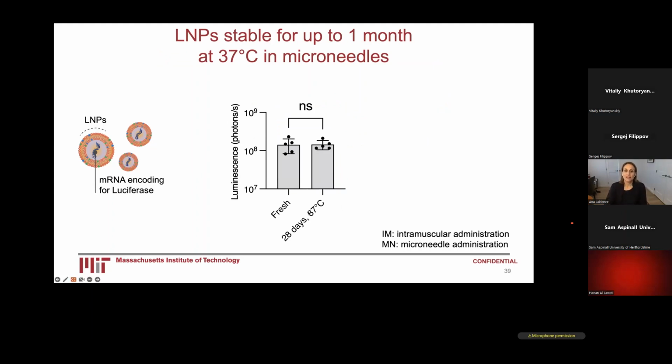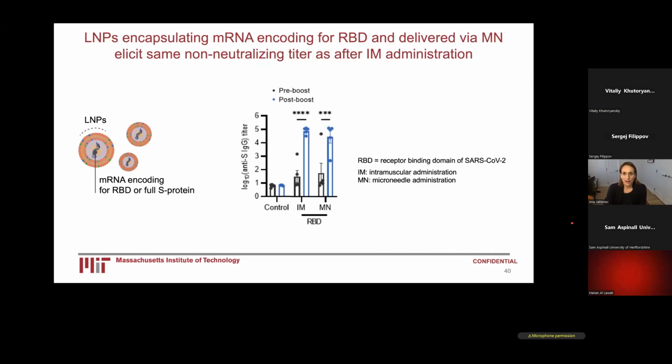Again, we also looked at data for 1 month, about 28 days. Again, mRNA encoding for luciferase, so fresh versus stored in the microneedles at 37 degrees Celsius. And again, we see very good stability under these conditions of the mRNA. And finally, we looked at mRNA encoding for RBD, actually in this case. So this is the receptor binding domain. So it's a shorter sequence of the SARS-CoV-2 surface protein. So it's a shorter mRNA sequence, and you can see here